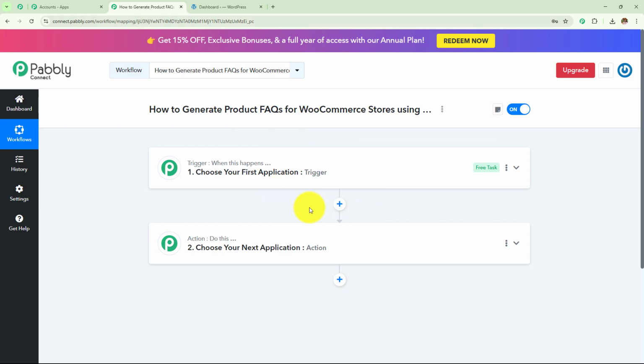as I create a new product in my WooCommerce, the product FAQ should be automatically generated with the help of the AI agent, and then it should be automatically updated in my product description. So here the trigger says when this happens, so when I create a new product in my WooCommerce, and then the action says do this, then generate